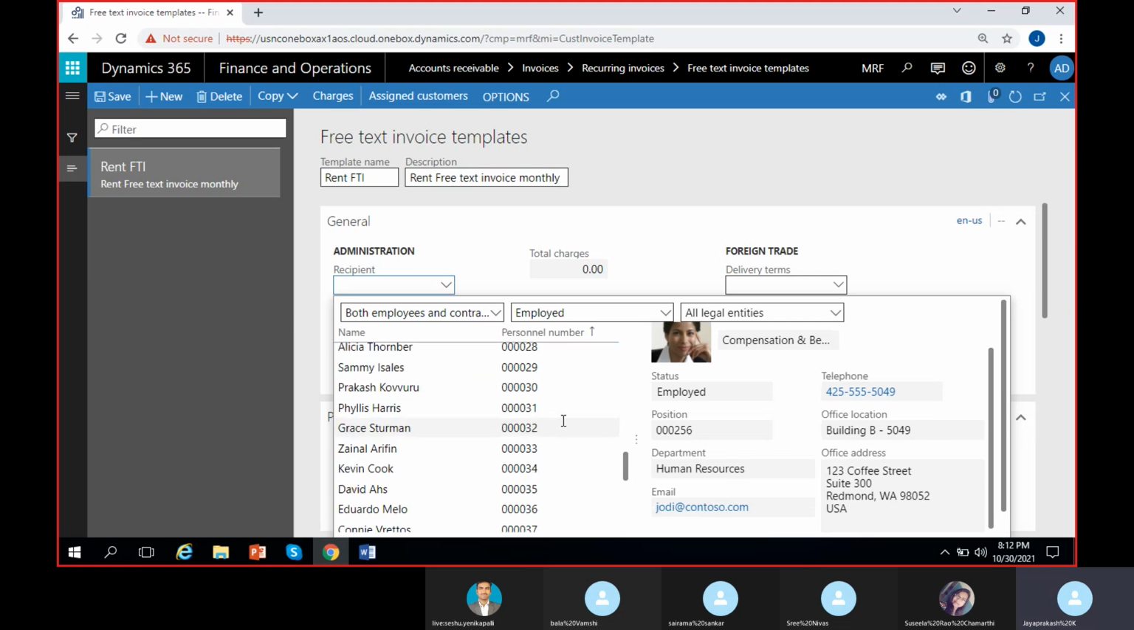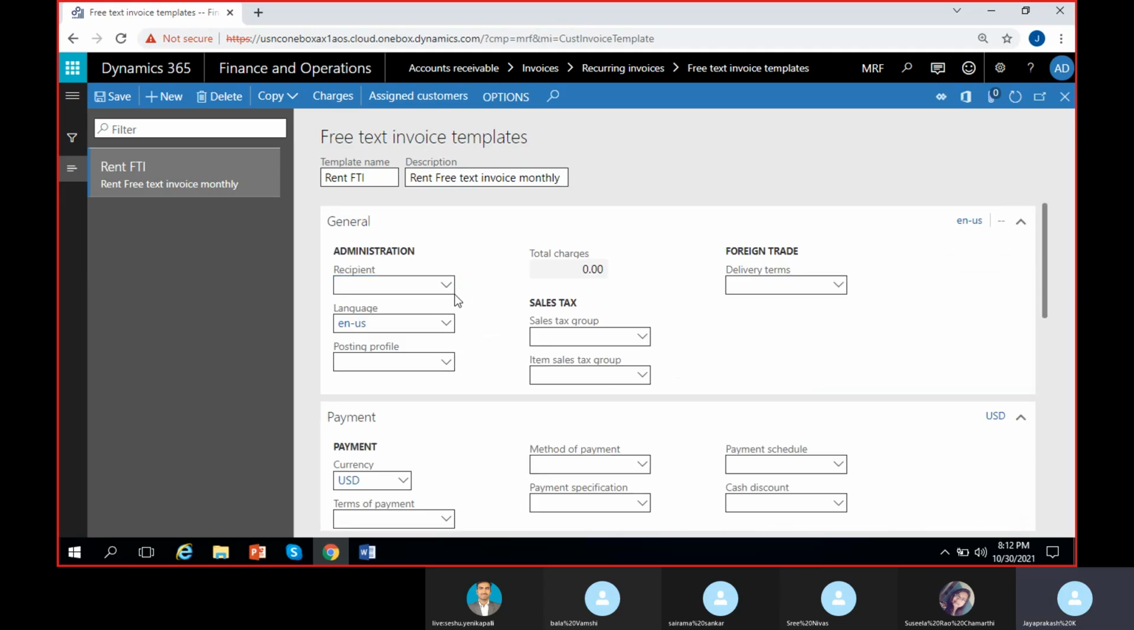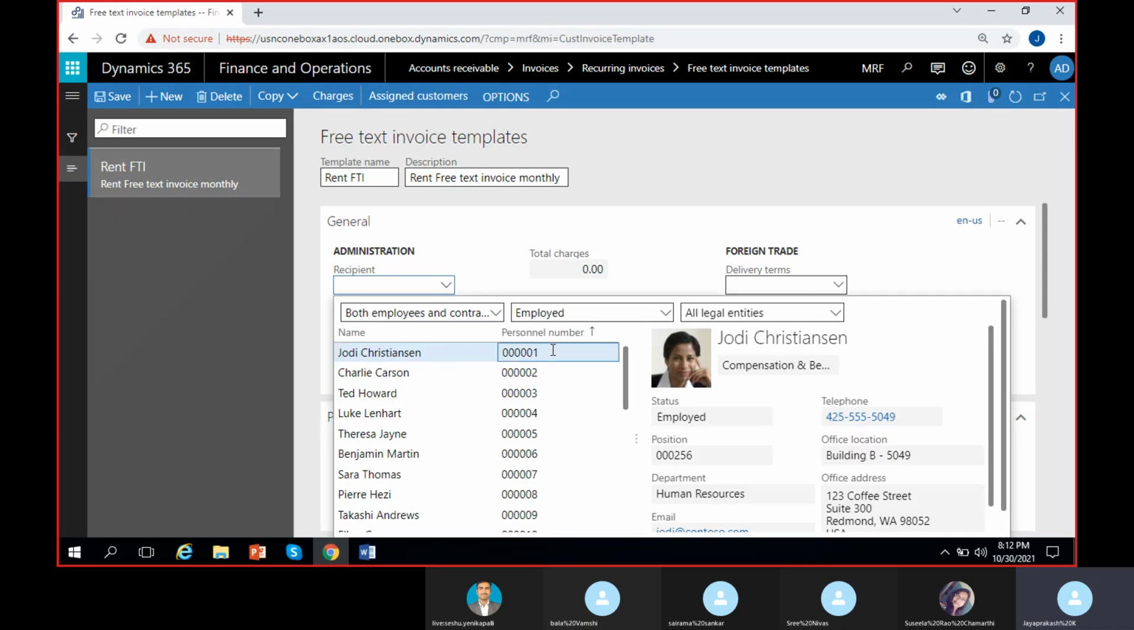So there should be an OK button somewhere. Yeah, it's selected, isn't it? Come on. Okay,